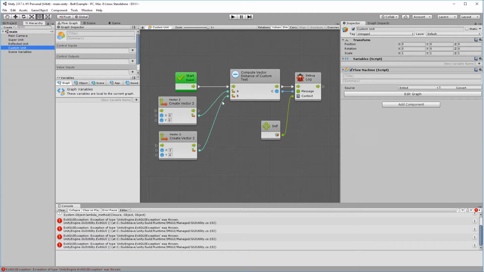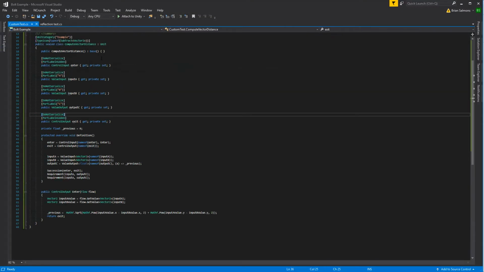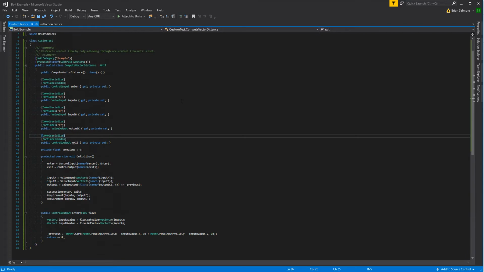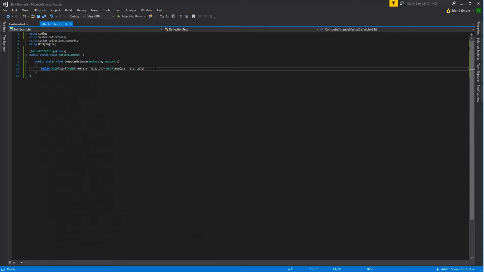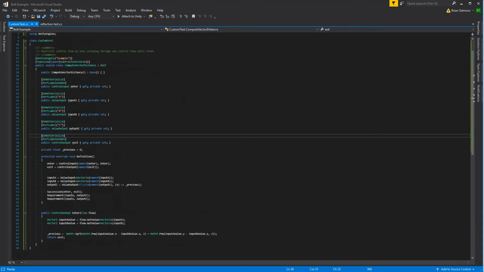But you can see here, just the same, I was able to build this as a custom unit. But take a look at the code for a custom unit. It's a lot more. This is that unit that you just saw, the equivalent to this one line of code right here. Well, I guess it's a few more for the C# decorations. But this is the equivalent code in Bolt 1.4 for how you would get that same behavior and that same structure